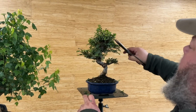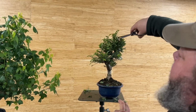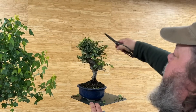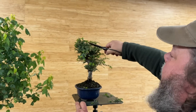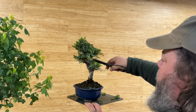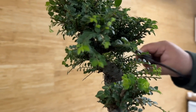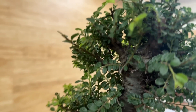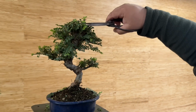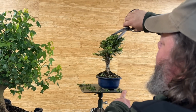I think the only downside of these really is, if you're comparing them to a Chinese elm, then you shouldn't be comparing them to a Chinese elm. These are much more select, hard to get trees. They're not as commercially produced as the Chinese elms, so they're not in the same price bracket as your cheap Chinese elms. But for those of you that appreciate what they are, they're going to be a very sought after, rewarding tree to add to your collection. I think we've got about